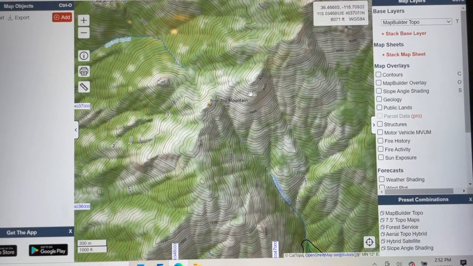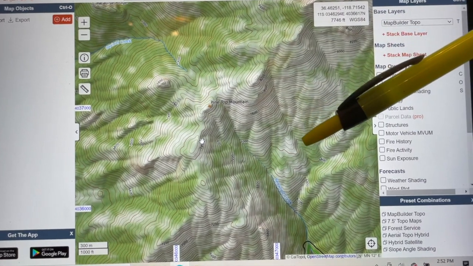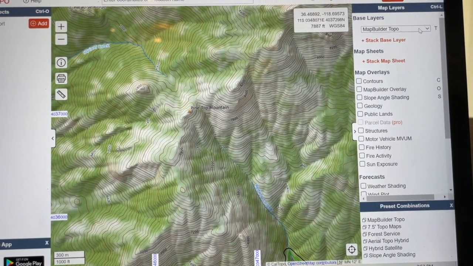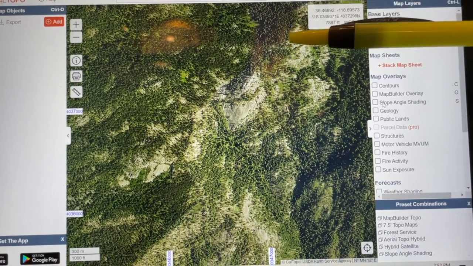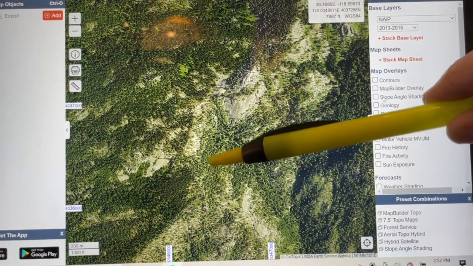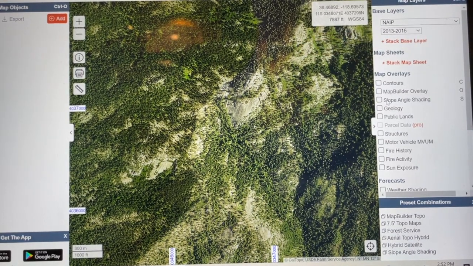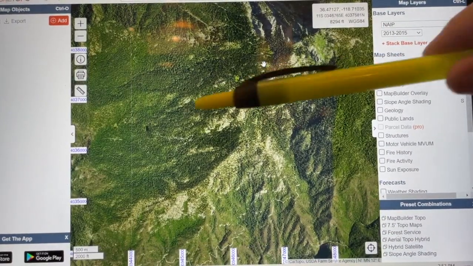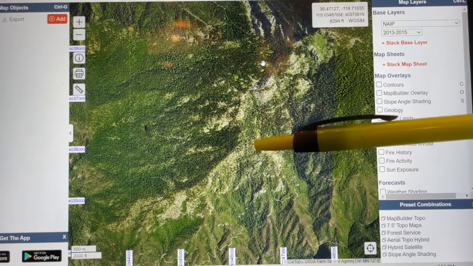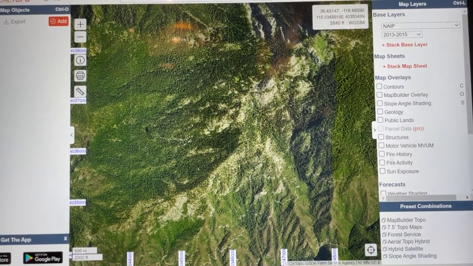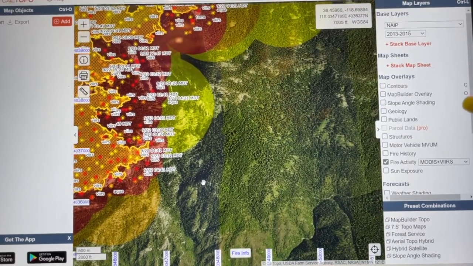Now, there are 5 hotshot crews up on this ridge right now making a stand to prevent the fire from coming over the top. And I'm going to now turn on a different layer to show you why they're making a stand there. This is aerial imagery, and as you can see, the fire is right here in a kind of rocky outcropping at the top of the ridge. So unlike other areas where the fire has burned through, like this area, which is all trees, it's currently stalled in these rocks right here. So they're making a stand to stop the fire